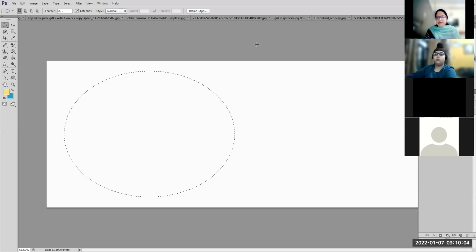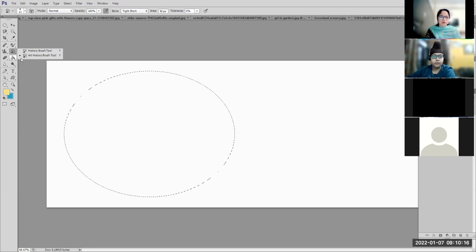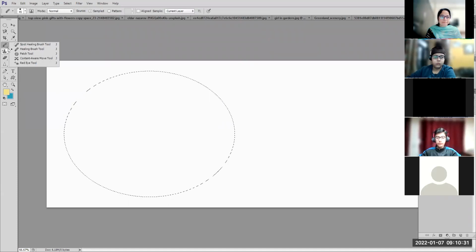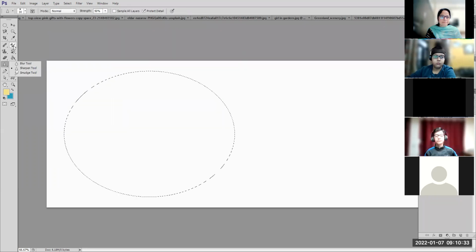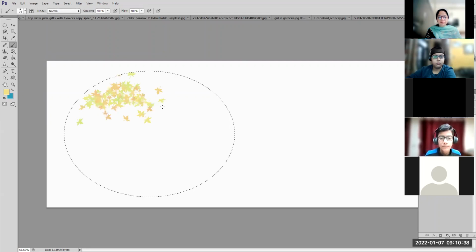Suppose I had selected this area, I use the brush tool, simple brush tool. Or you can use the paint bucket tool also, or gradient tool also. Many tools are there which you can use along with the brush tool or along with the selection tool. Now I had taken the brush tool.